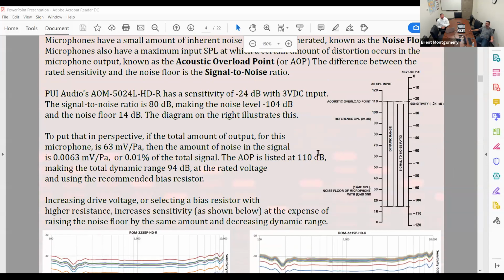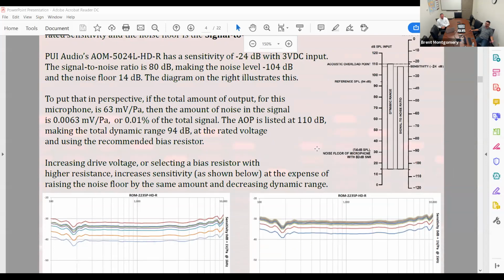An area where you would want to choose a more sensitive microphone over another is in a quiet setting. So if you had, we'll say, a library environment, and you want to pick up a very small sound in a library environment, then you would want to use a really sensitive microphone. But if you're in a library environment and you don't want to pick up everything, you would use a less sensitive microphone.